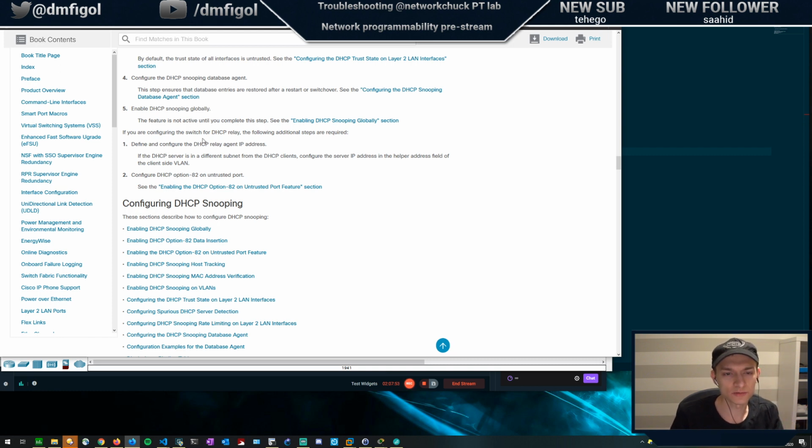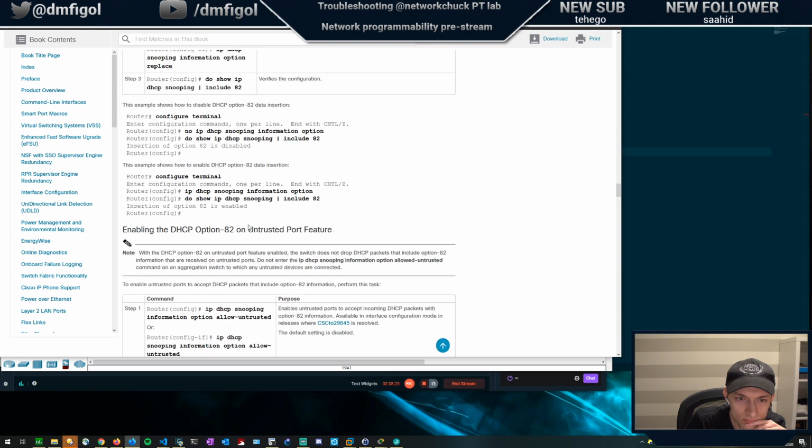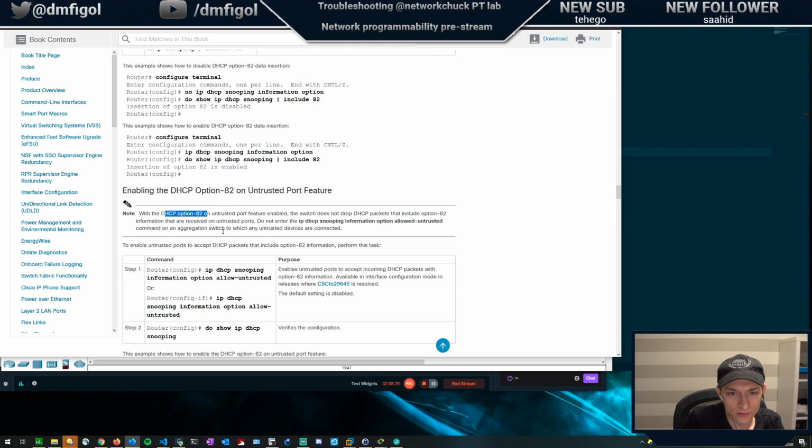If you are configuring the switch for DHCP relays, the following additional steps are required. Define and configure the DHCP relay agent IP address. If the DHCP server is in a different subnet from the DHCP client, configure the server IP address in the helper. Configure DHCP option 82 on untrusted port. With the DHCP option 82 on untrusted port feature enabled, the switch doesn't drop